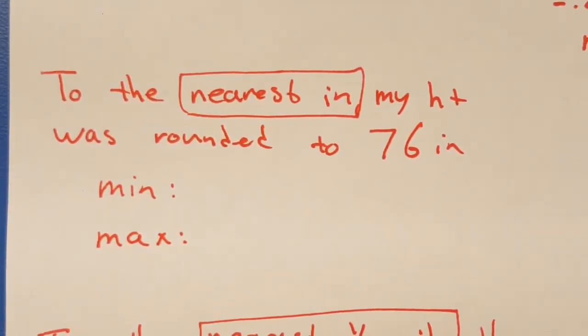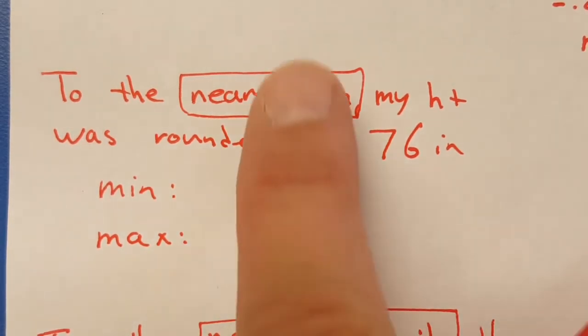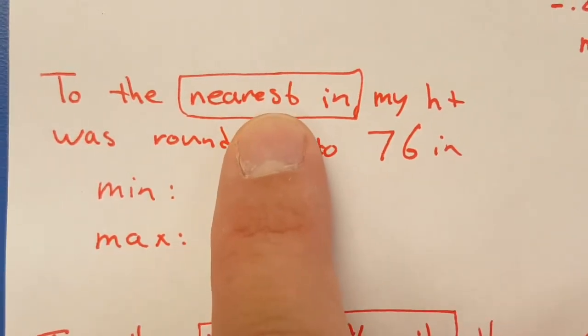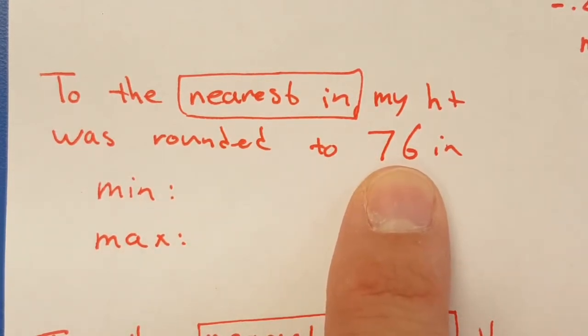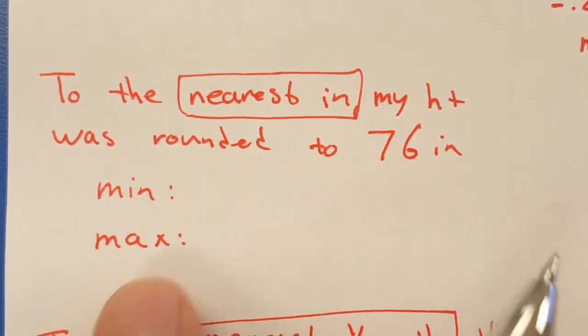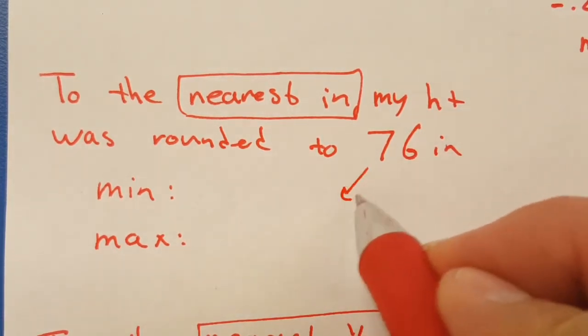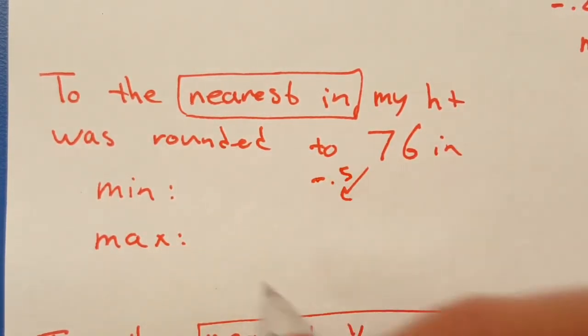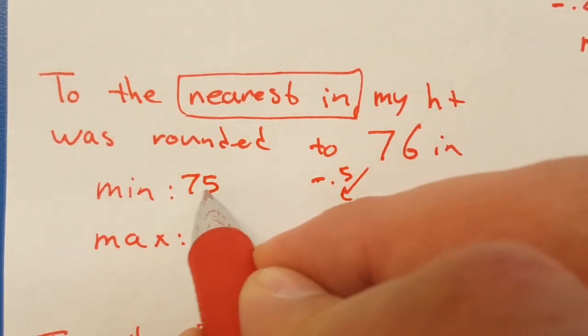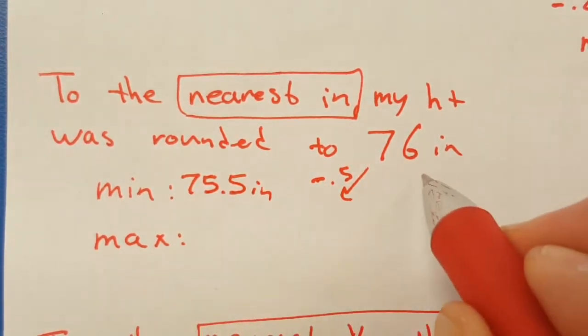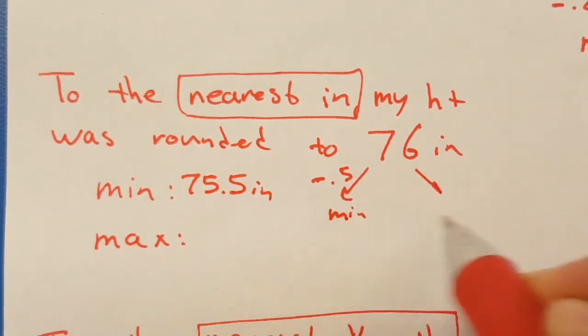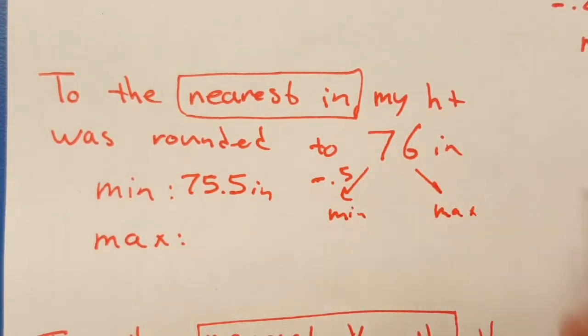To the nearest inch, my height was rounded to 76 inches. I'm 6'4", but usually you round to the nearest inch most of the time. So how tall could I actually be if I rounded to the nearest inch? Well, if you round to the nearest inch, you have to add or subtract a half to get the minimum and the maximum. So if you subtract a half, so minus 0.5, I could actually be 75.5 inches tall. And then if I add a half, I could actually be